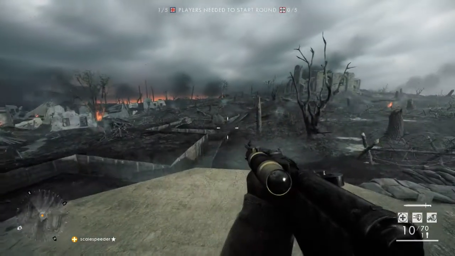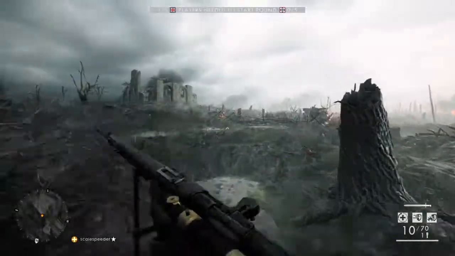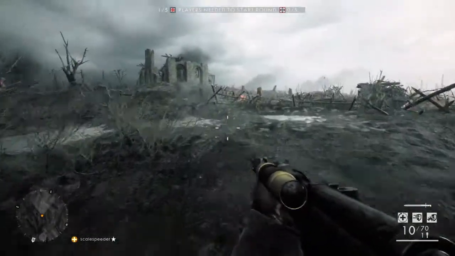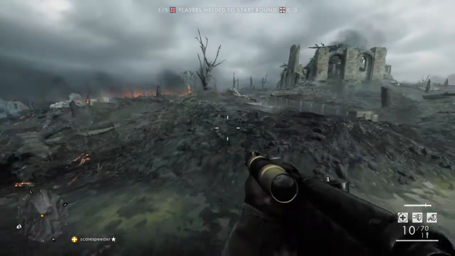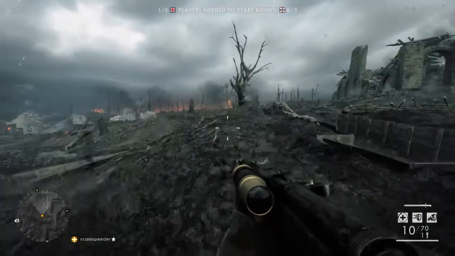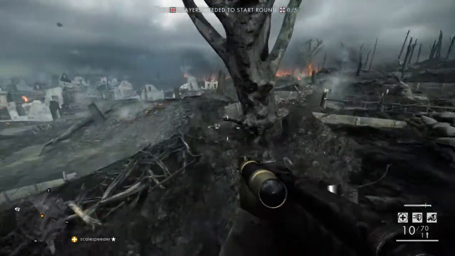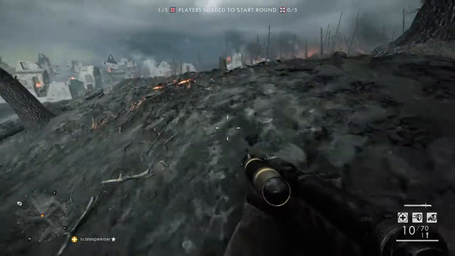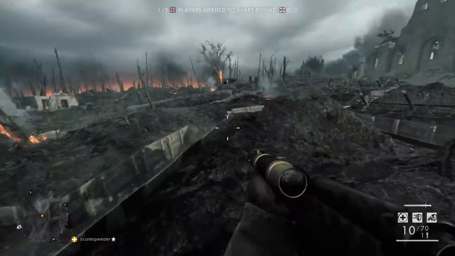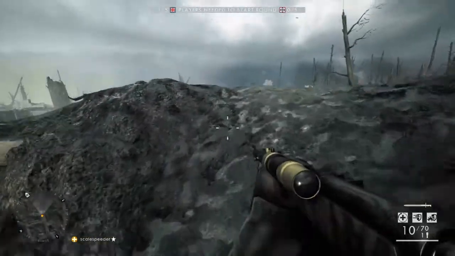Okay guys, this is the Passchendaele map from Battlefield 1. Or more correctly, this is the Pigeons and Team Deathmatch and Domination map from Battlefield 1. I'm not sure how much of it we can get to. Yeah, we can walk around quite a lot of it. And I thought it might be interesting just to have a wander around, because this is the kind of